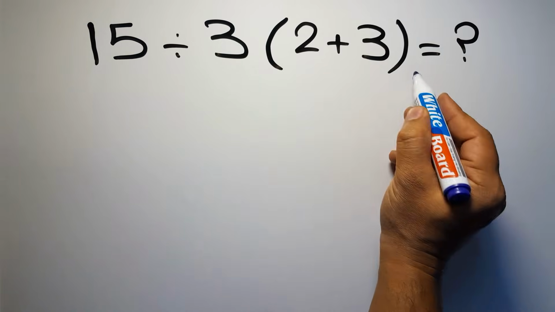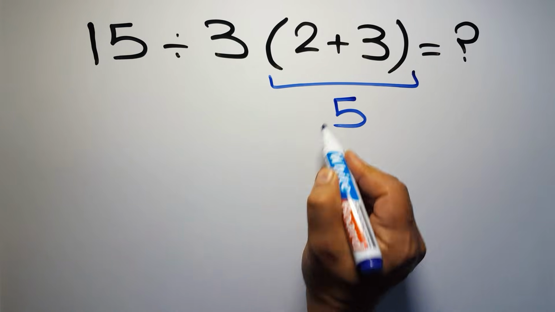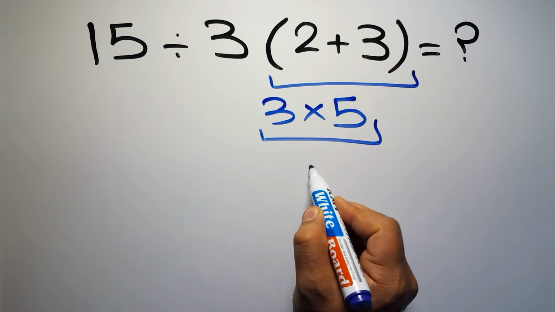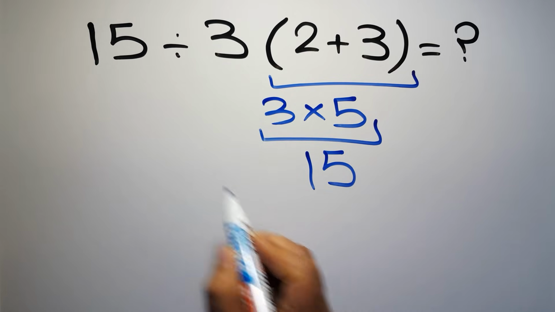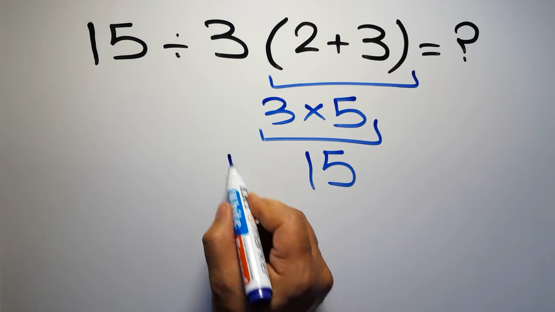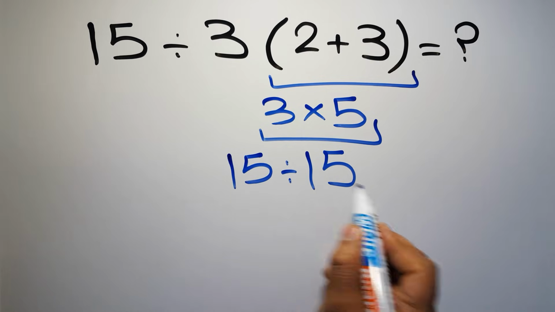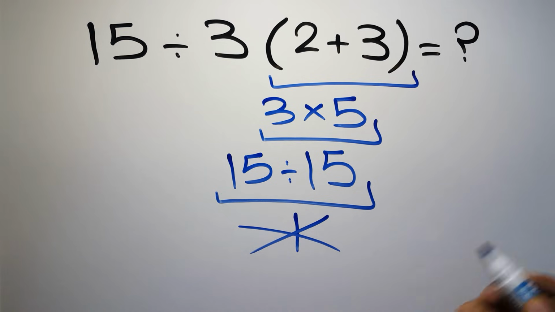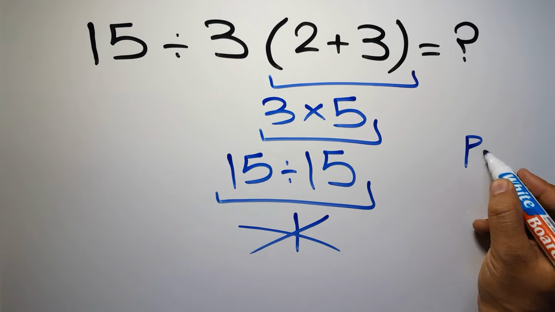2 plus 3 gives us 5. And 3 times 5 equals 15. So 15 divided by 15 gives us 1. But this answer is not correct, because according to the rule of operations, first we have to do parentheses, then